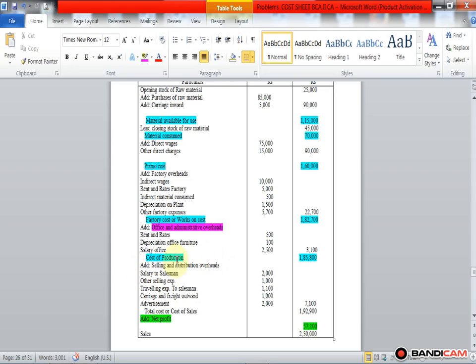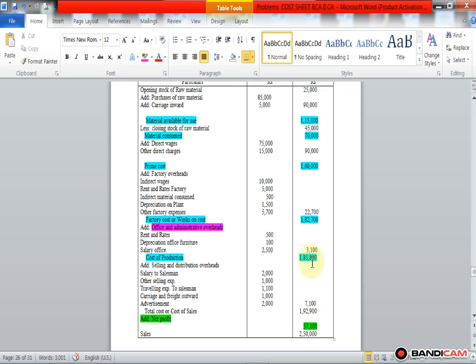Okay, so all those expenses which are related to selling and distribution are considered under this head. Here, salary to salesman rupees 2000, other selling expenses rupees 1000, traveling expenses to salesman rupees 1100, carriage and freight outward. Outward is related to sales, so carriage and freight outward is always transferred to selling and distribution overheads, rupees 1000, advertisement rupees 2000. Then we make the total of selling and distribution overheads, and this total is rupees 7100, and this 7100 is